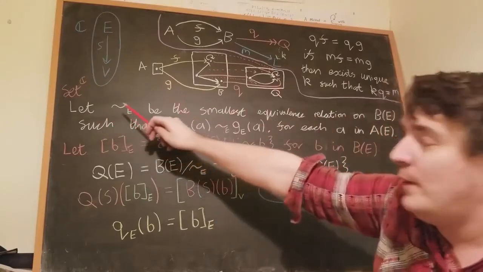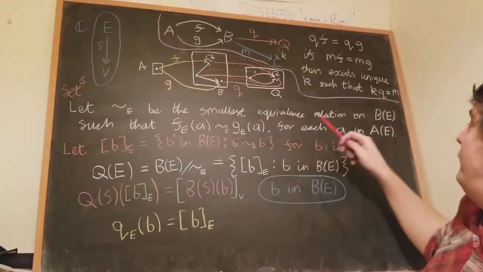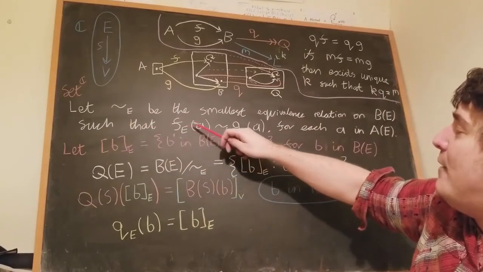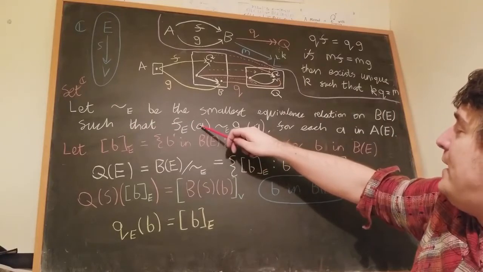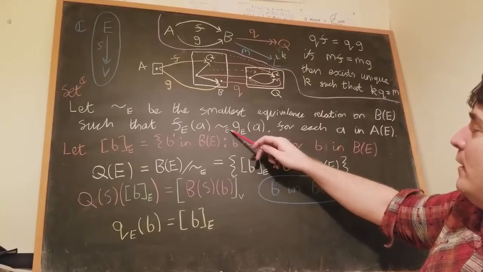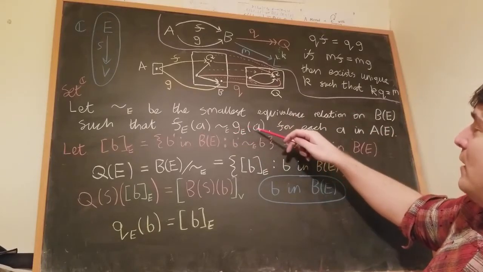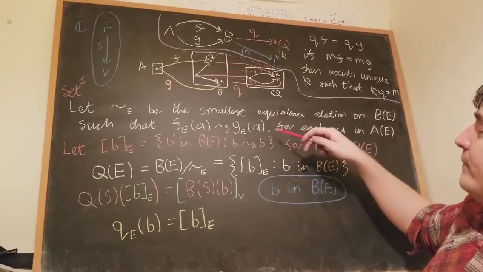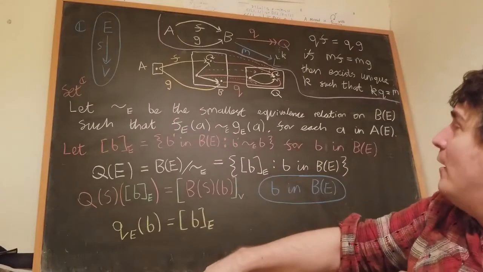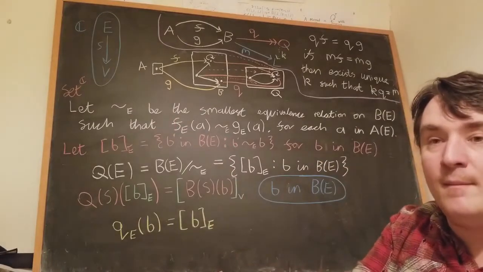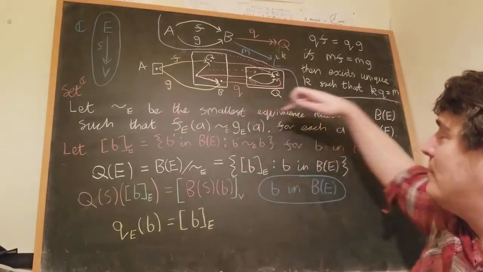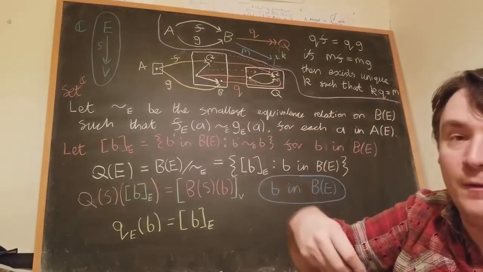So what we do, we let tilde E be the smallest equivalence relation on B of E, which is such that doing F on any little a in A of E gives something equivalent to doing G on such a little a, according to this relation which we're defining. Okay, so the way to think of this, or at least the way I think of it, makes it sound a lot simpler than this, is what you basically do is